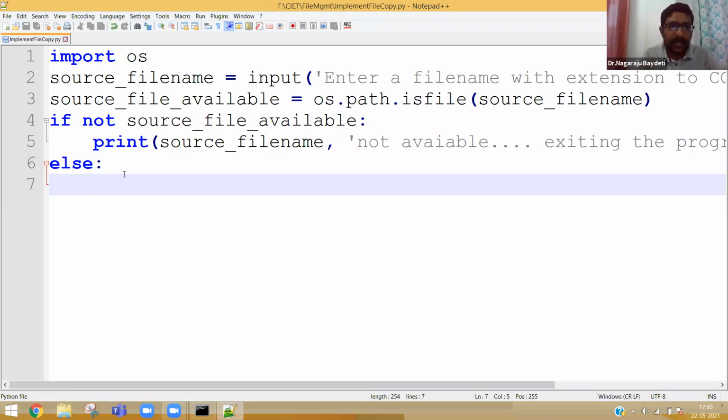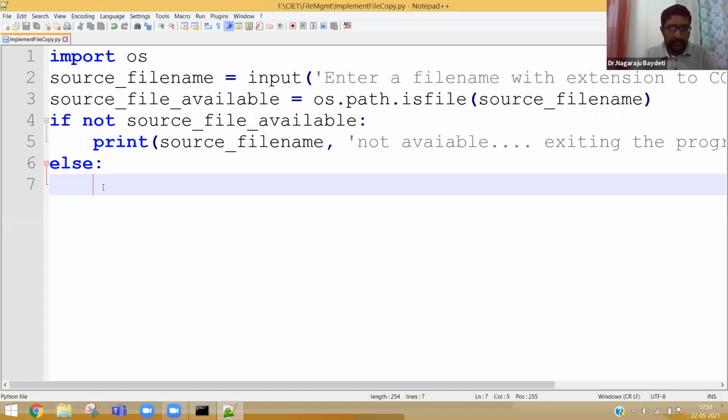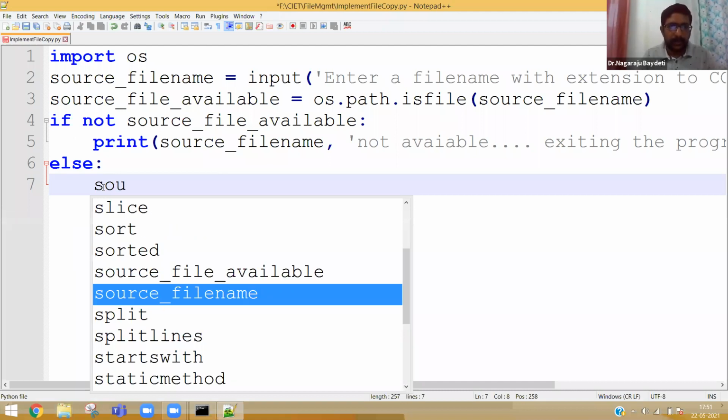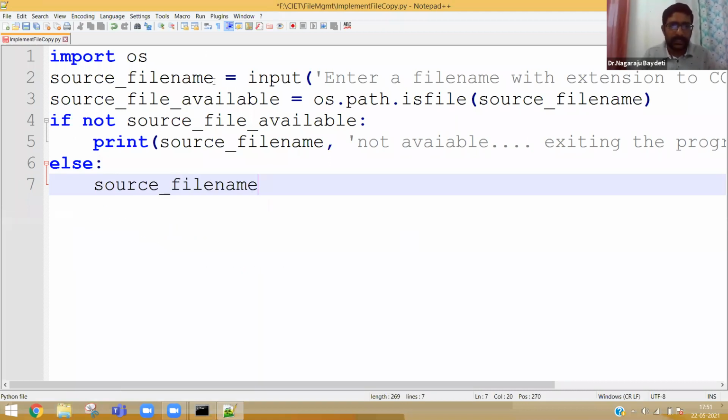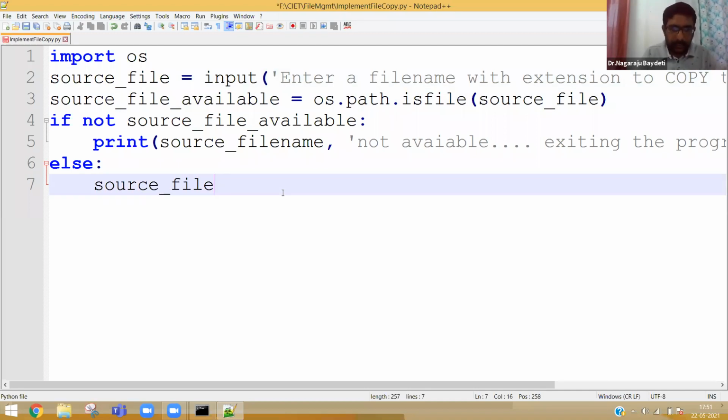What is source file name? In line number 2, it's just a string. So everybody see here. Source, or you can say simply source file. I always try to use the meaningful name. So source file dot split.